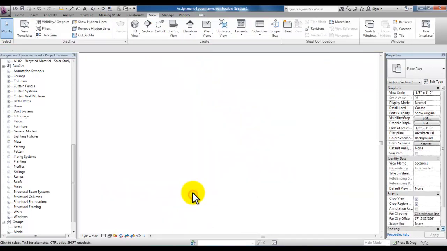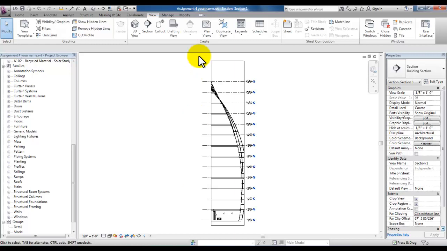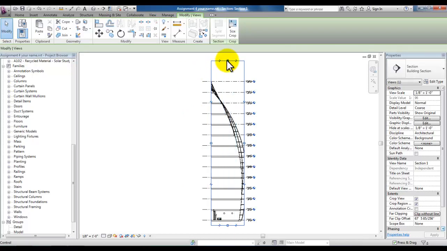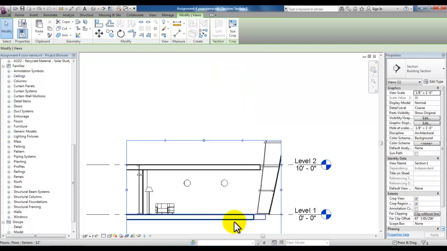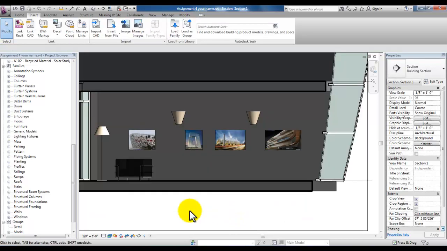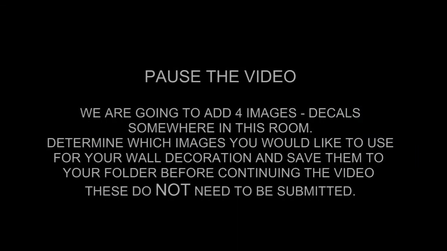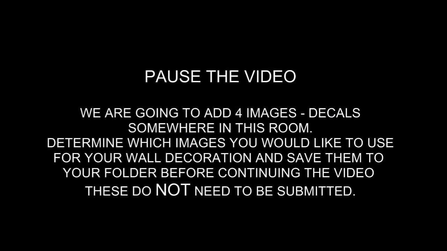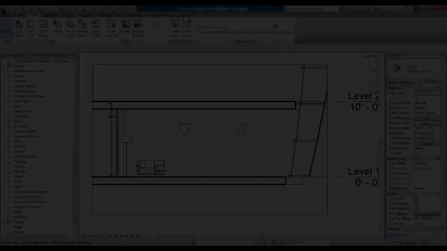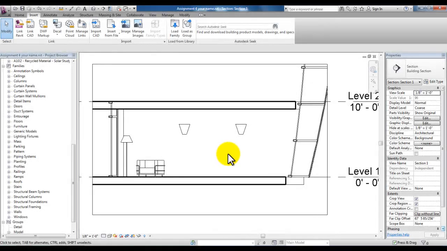Double click on that section and then crop the view. We're going to be placing images, and to give you a preview of what we're going to be doing, this is the way that it will look. So you can pause the video and decide on your 4 images or decals that you're going to bring in to this room. So I had to change my wall sconces to the uprights, but you can go ahead and